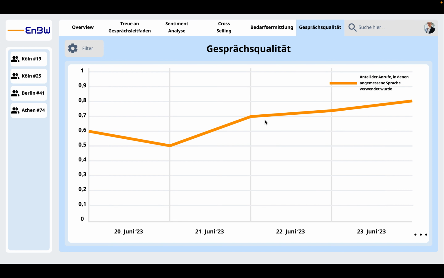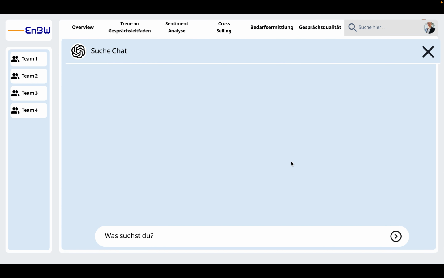In case the call center manager needs a detailed explanation about the composition of a certain KPI value for a specific call center agent he's managing, he now has the possibility to do so via the search bar in the upper right corner. After selecting the search bar, the call center manager is taken to a special page where he can request information. For example, if we as a call center manager want to know why Max Kruse has underperformed on the sentiment analysis KPI in recent calls, we go to this screen.